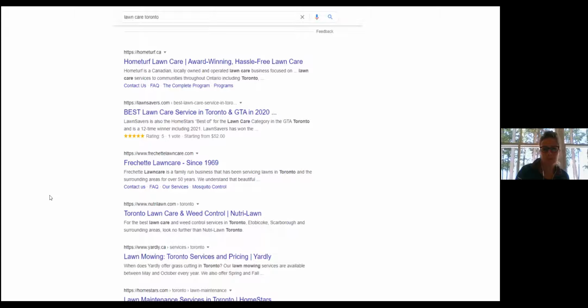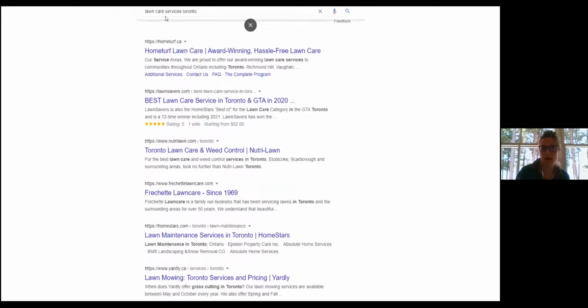Now I'm going to flip to my next screen where I changed my search nomenclature just slightly to lawn care services Toronto. And you can see that we have some familiar guys. Home Turf and Lawn Savers retain number 1 and 2 position, but Nutrilon has snuck into position number 3, pushing Frechette down to number 4, and Homestars has snuck in. Yardley is still there. So you can see with just a slight change in nomenclature at the top, the search